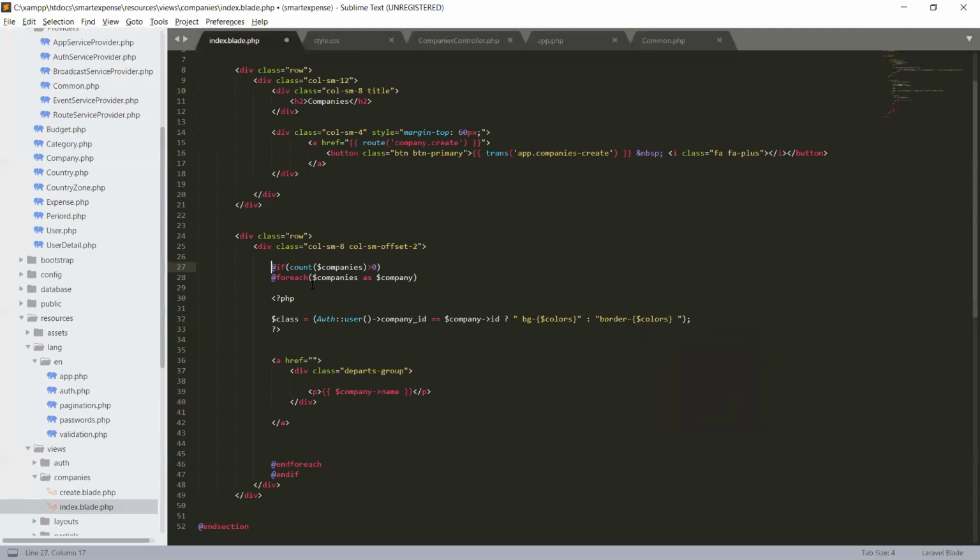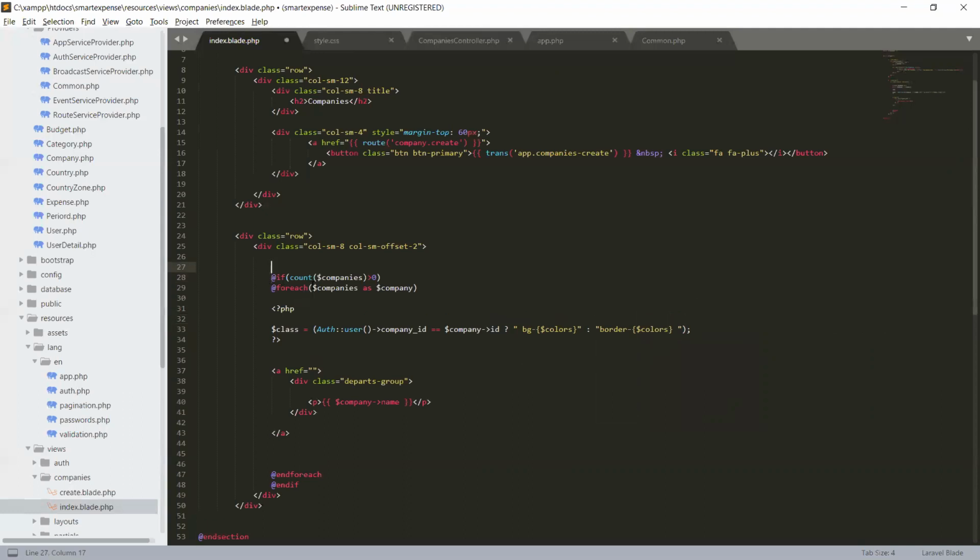And before, let's create another PHP script. Sorry, PHP, and we will create a variable I, and we will instantiate this variable with 0 value, and close this.